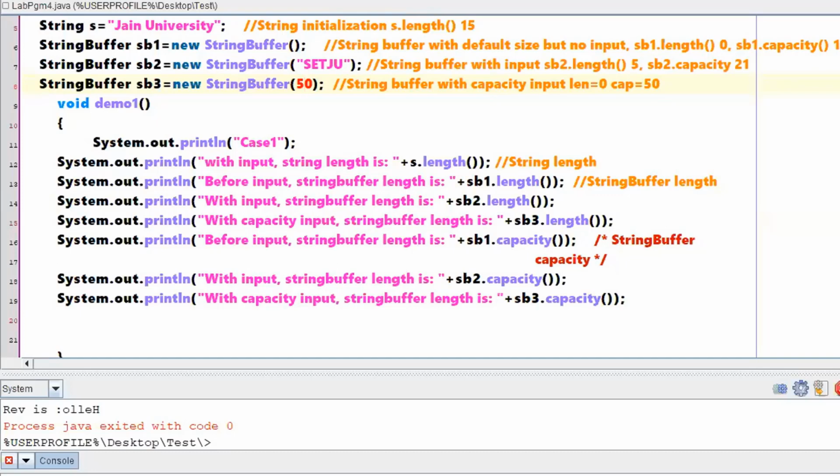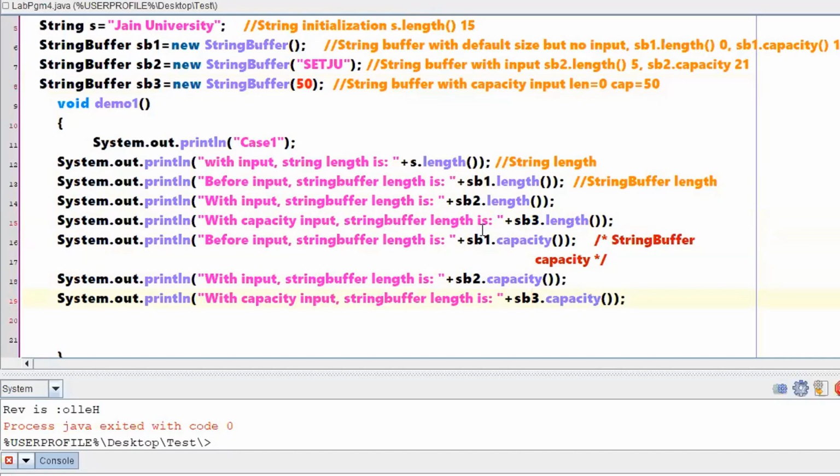Right? Am I writing the same things in these statements also? See, I am writing s.length, checking the length of my normal string. SB1.length, SB2.length, SB3.length. Done with the length part. Now SB1.capacity, SB2.capacity, SB3.capacity.